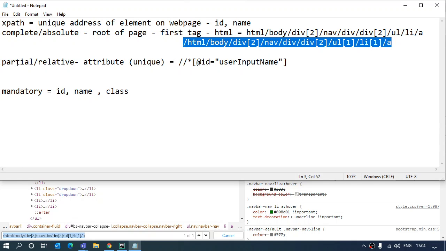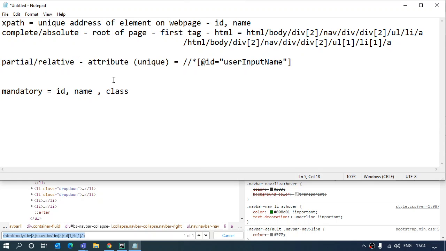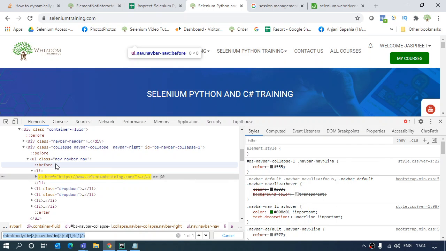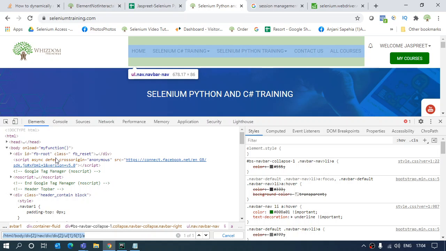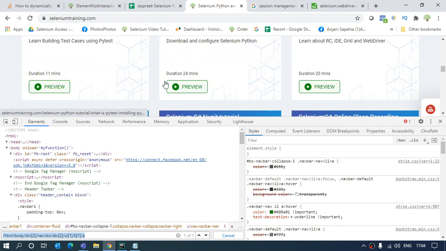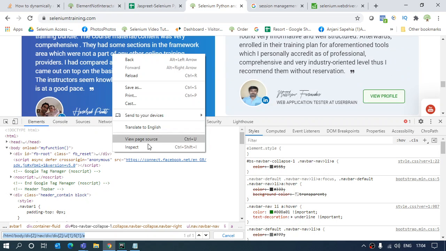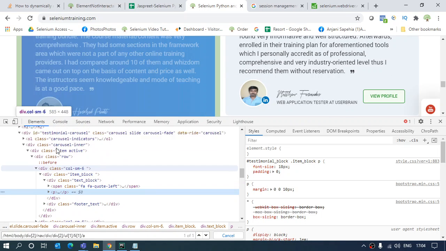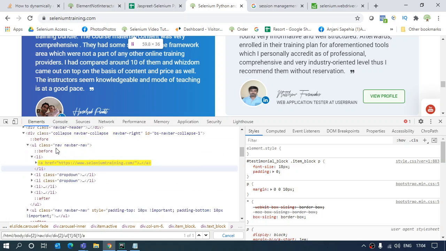Now, why is this XPath different from the complete one? Because it does not start from the root of the page, but it looks for the attribute which is the unique one, like the ID attribute. That is the best one to look for. If any element has an ID attribute, like over here, or let me take some other element. Let's say I'll inspect this one. This also has a class ID